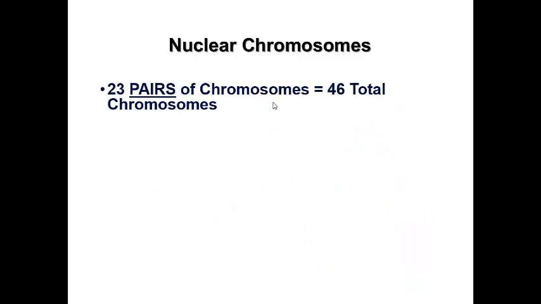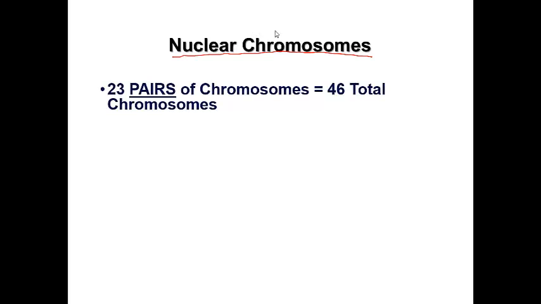Okay, so we went over basic chromosome structure and compared it to just plain old linear double-stranded DNA, and put chromosomes in context with the genome, and then put genes within context with chromosomes. Right? Now we're going to be talking about the actual numbers of chromosomes that you have within your nuclear envelope, and of course we call these nuclear chromosomes.